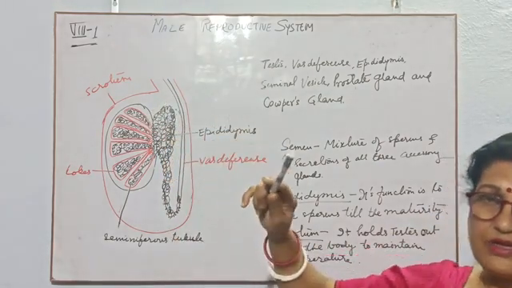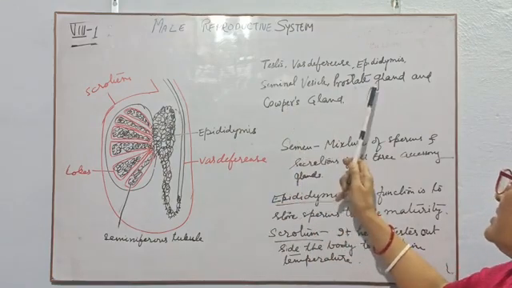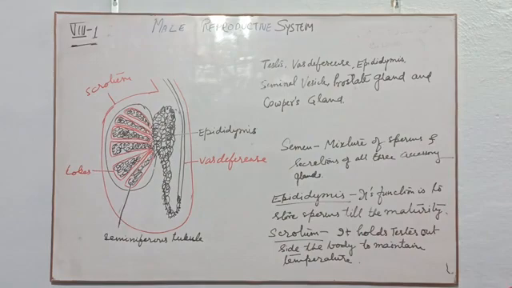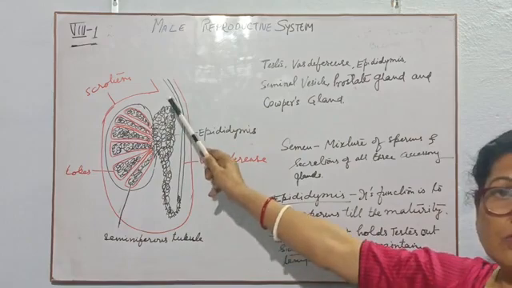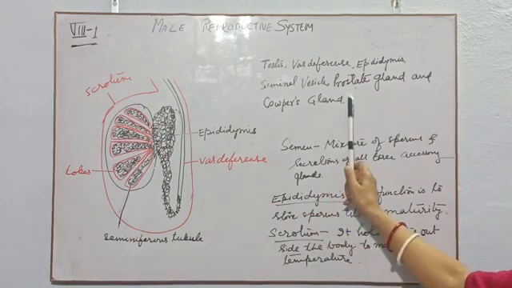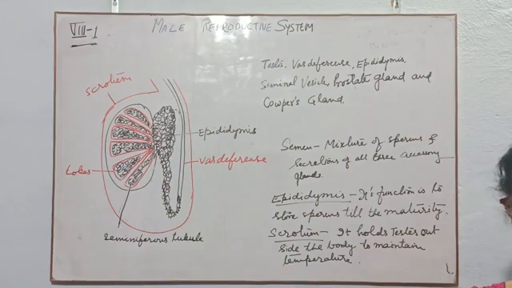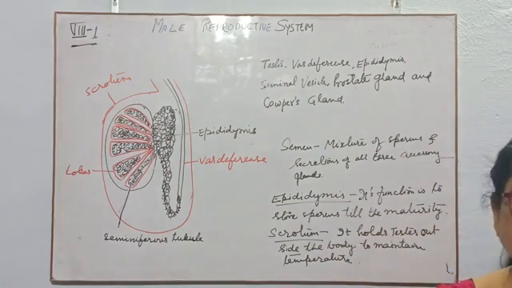goes to the body. In the body, there will be the secretions of the seminal vesicle, prostate gland and Cowper's gland. All these three glands produce some fluid. Sperms come from this vas deferens, and all these secretions will be secreted in a large amount. Then they will form a collective fluid that is called semen. So semen is the mixture of sperm and secretions of all three glands,